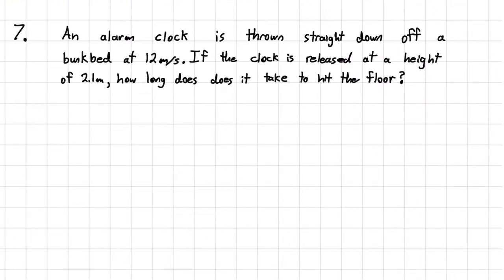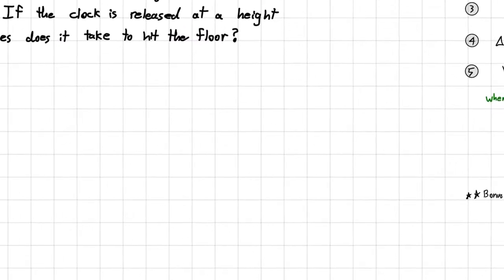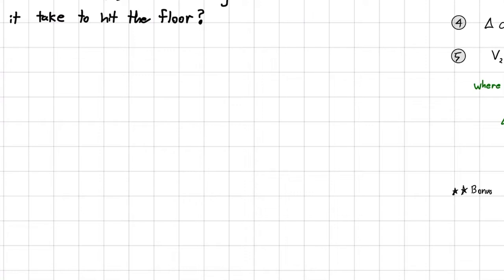So this question asks, an alarm clock is thrown straight down off a bunk bed at 12 meters per second. If the clock is released at a height of 2.1 meters, how long does it take to hit the floor? So what we're visualizing here,